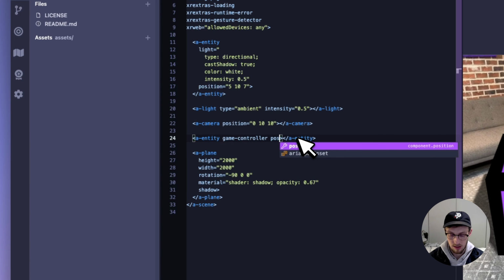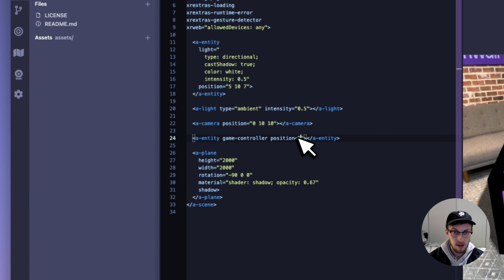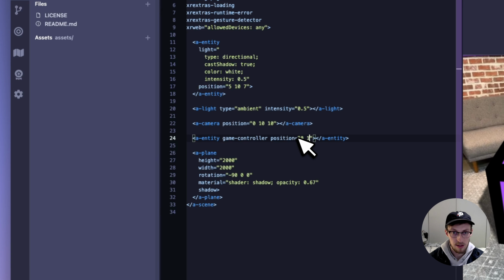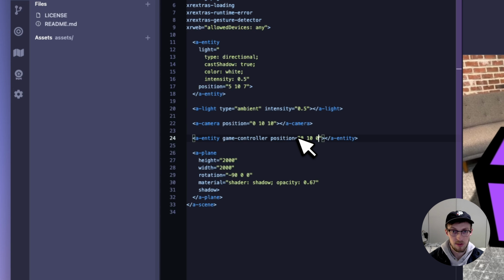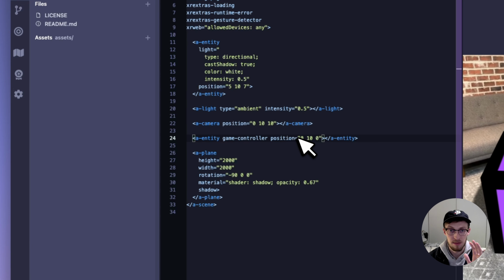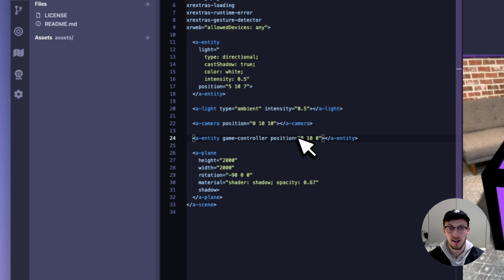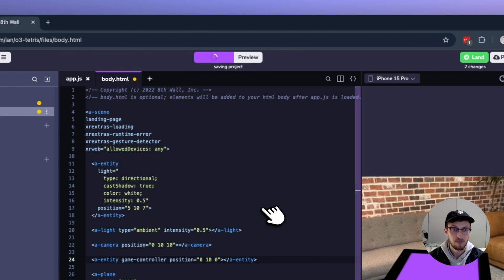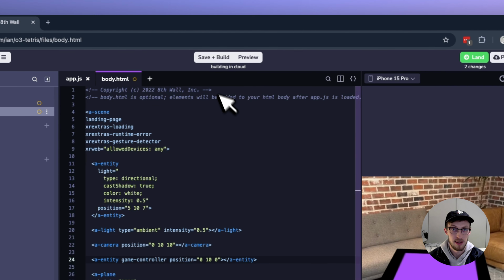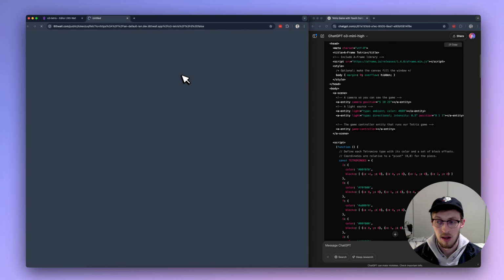The only other thing I'm going to do is update the position here to maybe a 0, 10, 0, just because it's putting it in the center of the scene, which is good for web 3D experiences, but I want this to work in AR, and the ground plane is y=0, so I want all the game board to be above that. So I'm just going to look at this, and I think we're good. 4 minutes down, so let's see what the initial